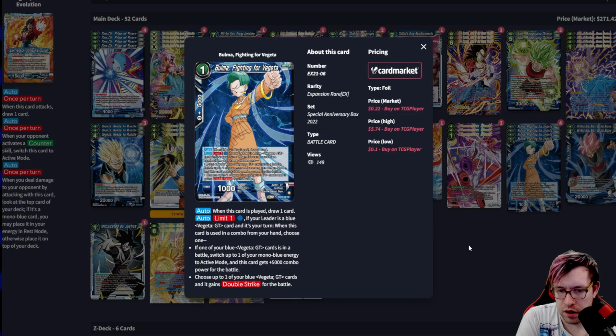which is really neat because you don't even have to. It switches the mono blue to active mode too, so it's just a 10k whatever. Also, or just choose up to one of your blue Vegeta cards that gains double strike for the battle. So being able to just have a Champa for your leader that's also just blue in color, and you don't have to worry about having to run the Champas and everything else. It's a very, very strong card for